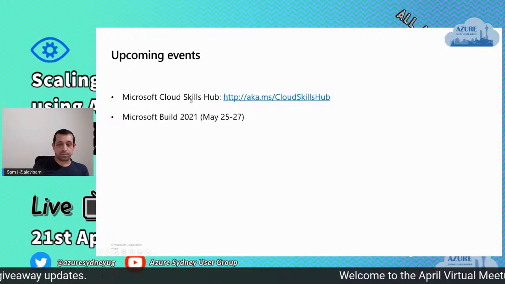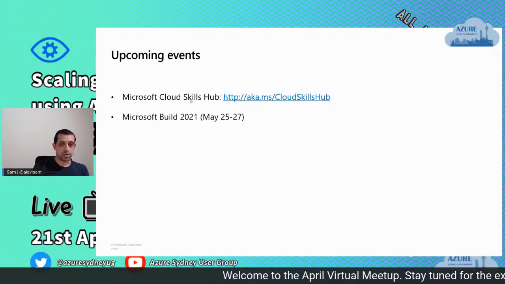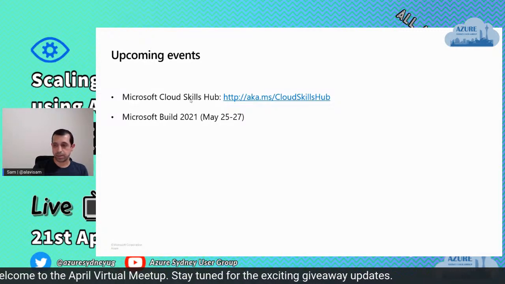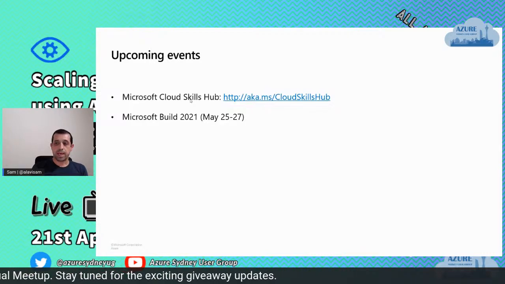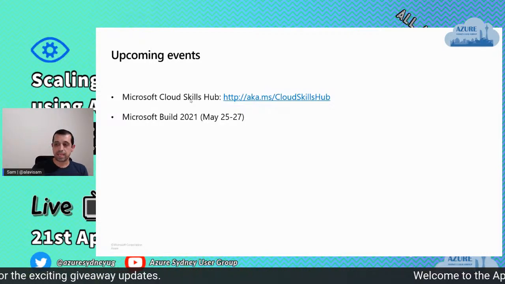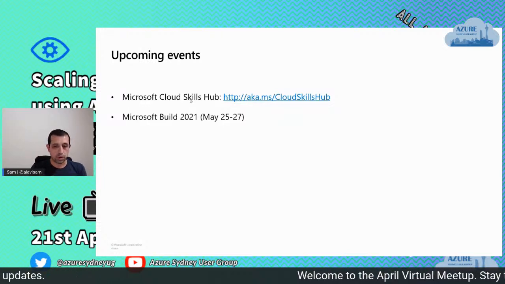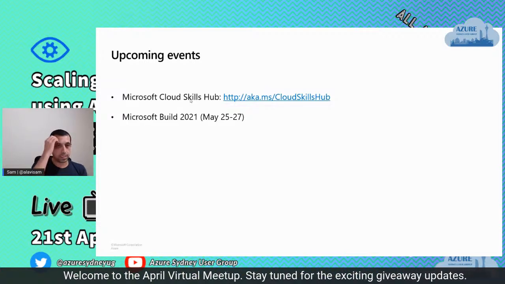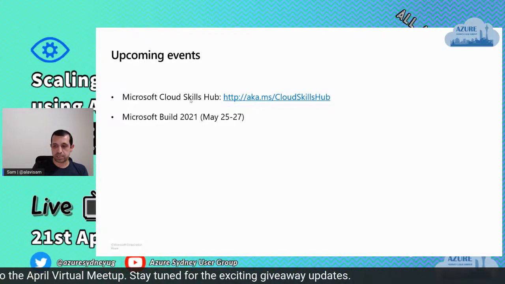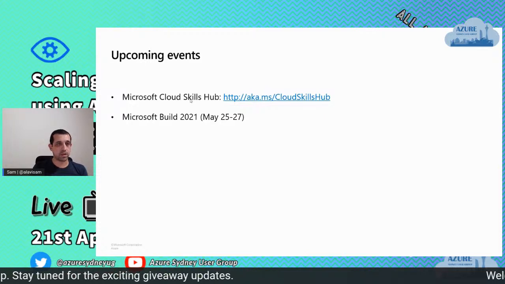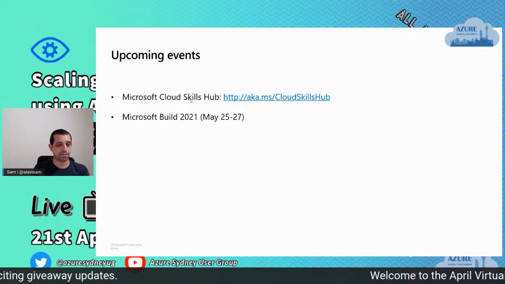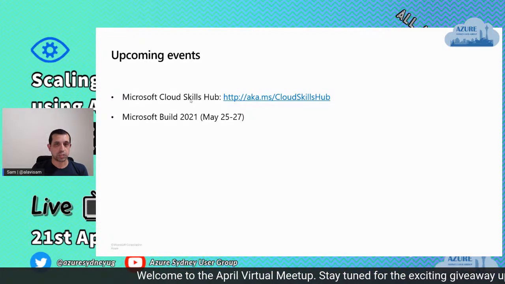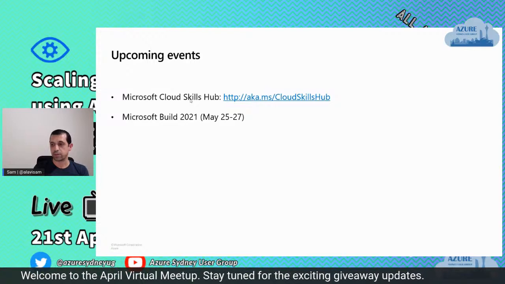There are two major events, both by Microsoft, which you can join. They are online and virtual. The first one is the Cloud Skill Hub, which is going for a couple of days, and you can define which track you want to join, and check the agenda based on the links you can see on the screen, and go for different sessions from the fundamentals on, all about Azure and different services, and a variety of workloads or projects, or anything you can do with the Microsoft Azure Cloud Platform.